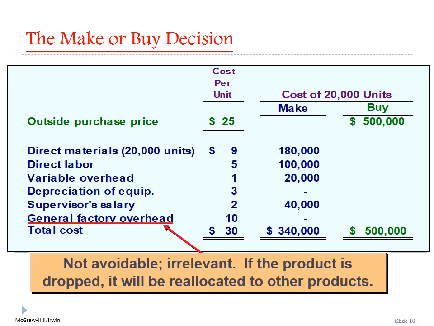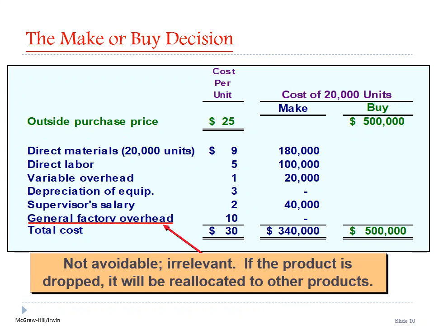General factory overhead, we represent this element as a not avoidable cost, and thus it will be irrelevant in this decision. فده بيعتبر برضو تكلفة غير ملائمة. I will not include it in my decision. هنا مكتوب not avoidable and thus it is irrelevant